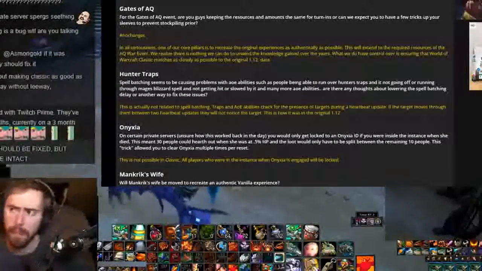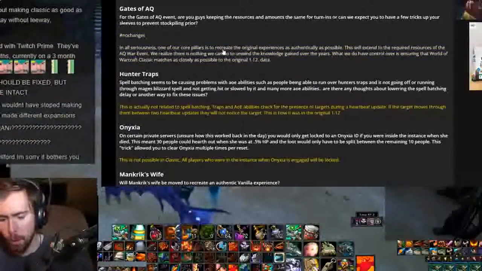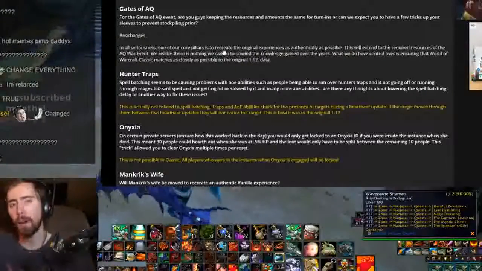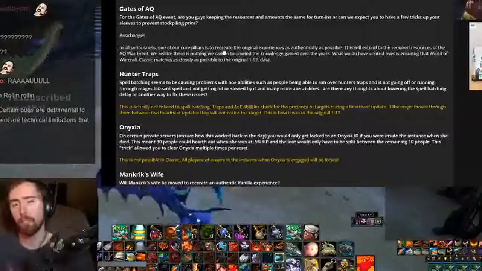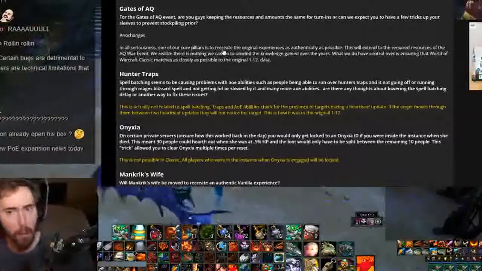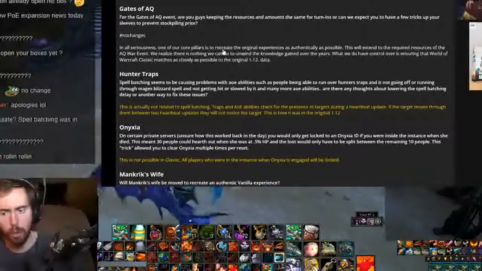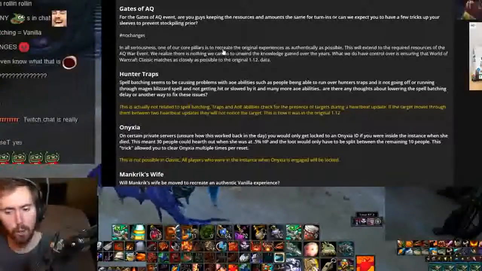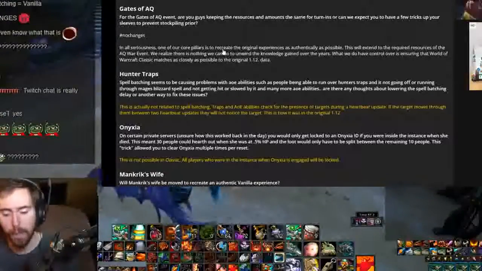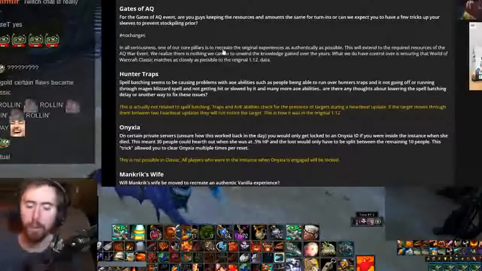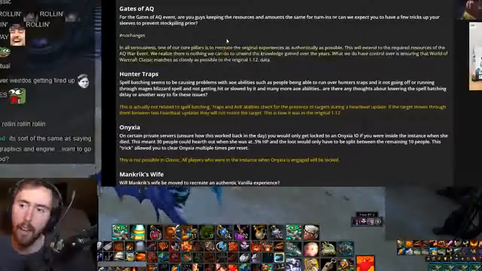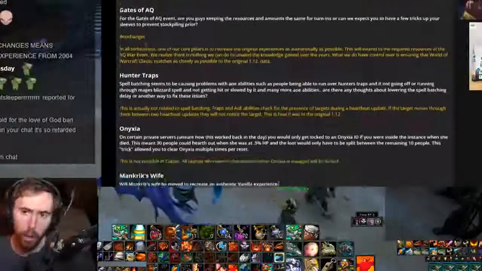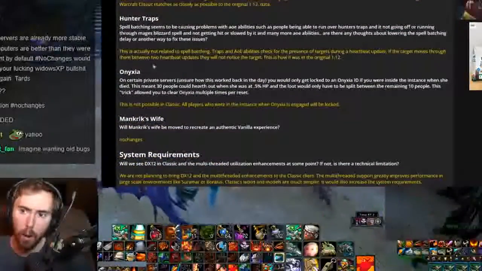But the point that I'm making here is that spell batching is supposed to simulate the vanilla WoW experience. Even if they brought out the game again now, obviously it wouldn't be the same. It's the same with the leeway thing. These are things where it's a question of what is more important: simulating the intended experience, or simulating the actual experience. And I think it just depends on which thing you're talking about. Anyway, let's go ahead and look at the rest of these. Okay, on